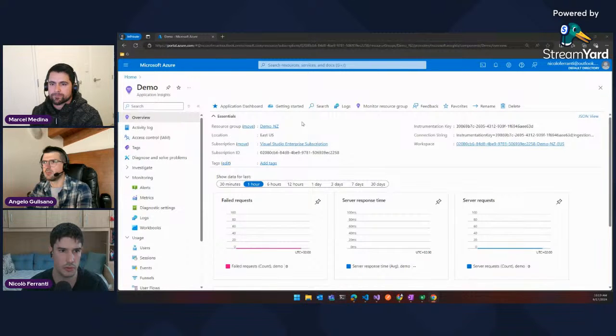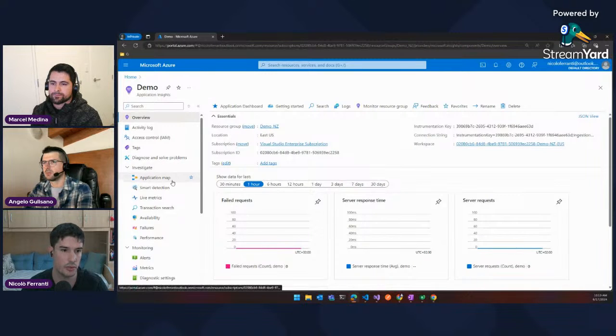And as you can see, I have already created an Application Insights resource. When an Application Insights resource is created, you can find the instrumentation key on the top right. This key is very important because you are going to use it in your application to configure the app with Application Insights. We are going to see in a while how to configure it in a Power App Canvas. But before, I want to share a bit of information about Application Insights because, as you can see, there are